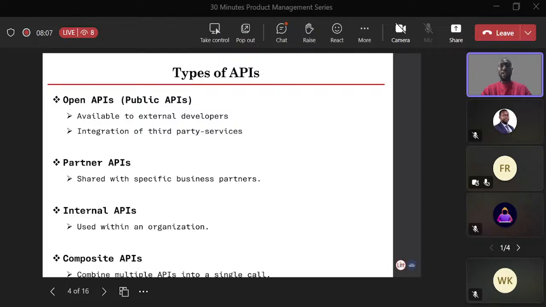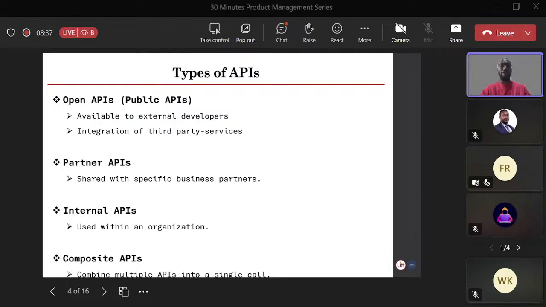You can hook onto the Facebook API so that any time you send a message to your Facebook wall, it will also show on your application, maybe a mobile application you've designed.